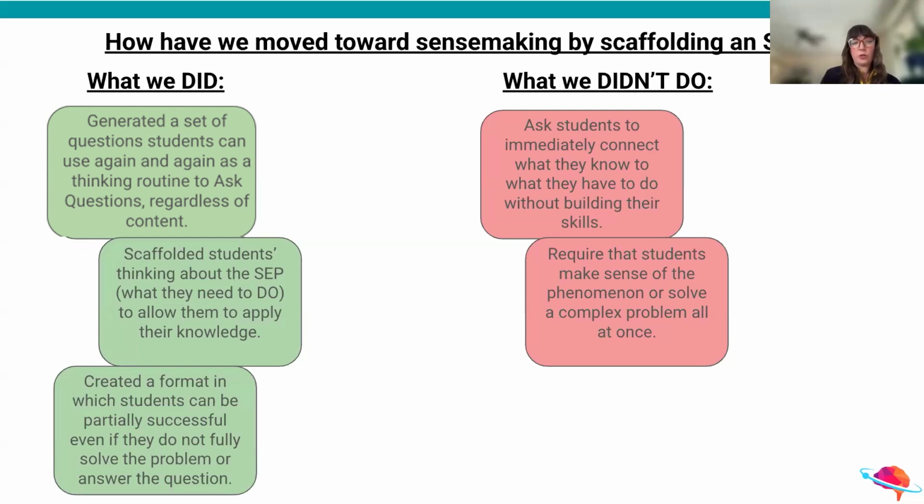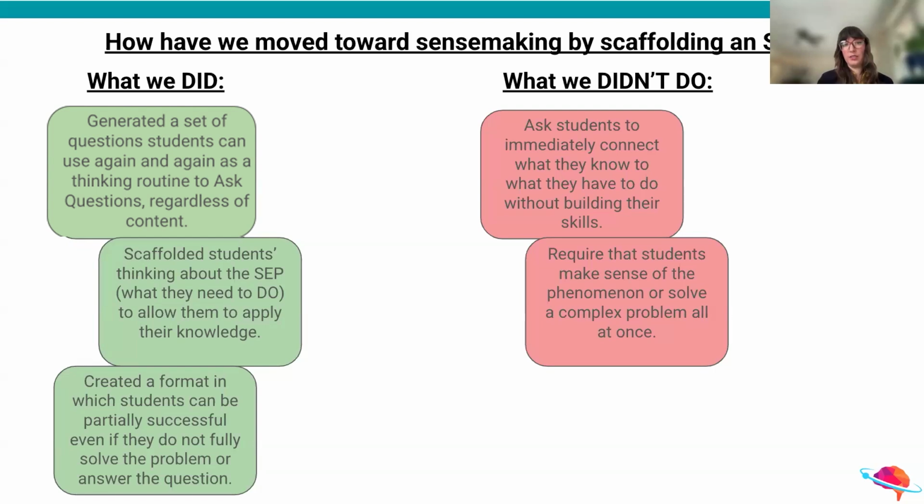Lastly, we've created a format in which students can be partially successful, even if they don't fully create a testable scientific question or completely identify an engineering problem, or we're not even getting to purpose, which would be like analyzing and interpreting data to answer the question or designing an experiment.